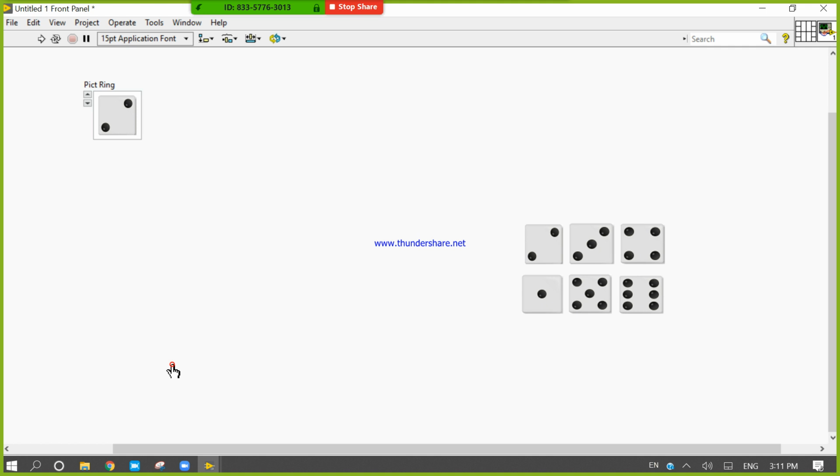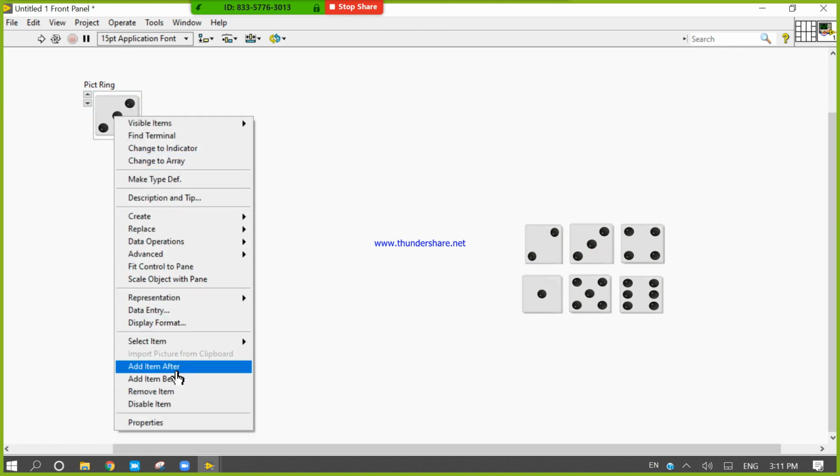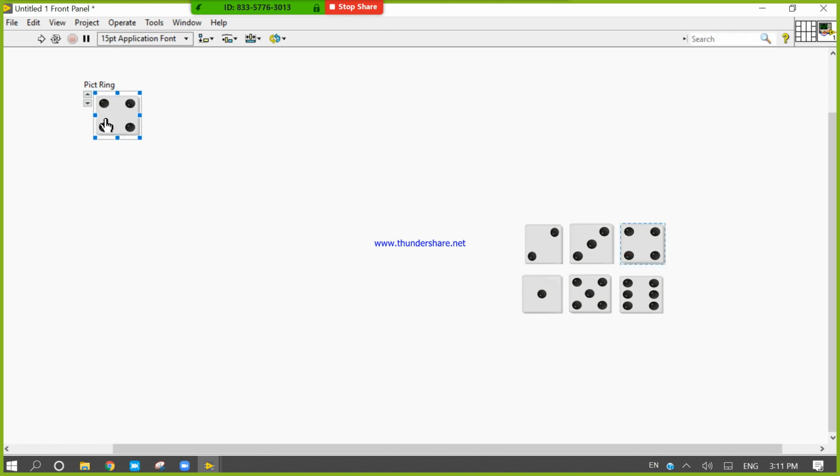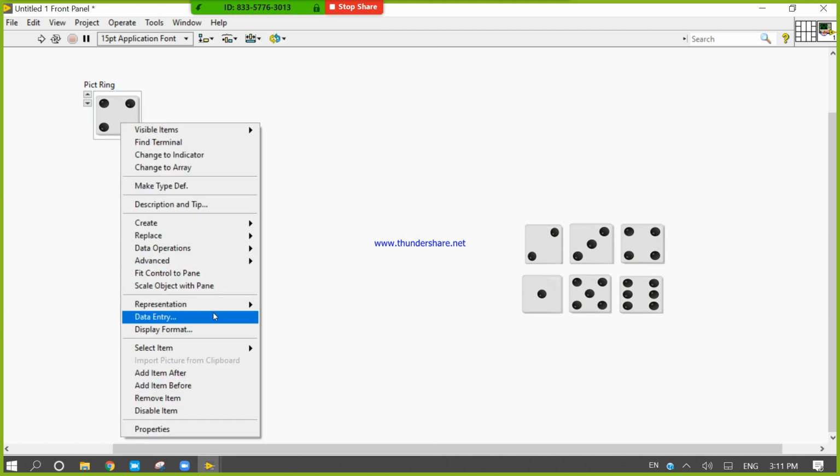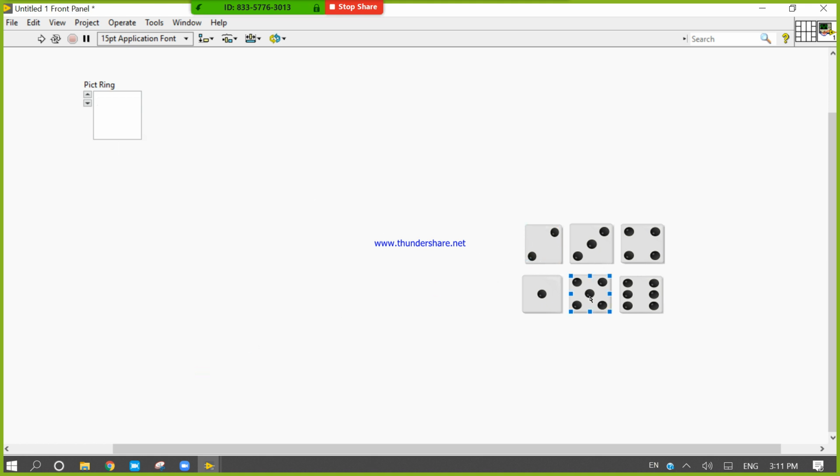Right click again, add item third number dice. Right click, add item fourth number dice. Okay, right click, add item fifth number dice.